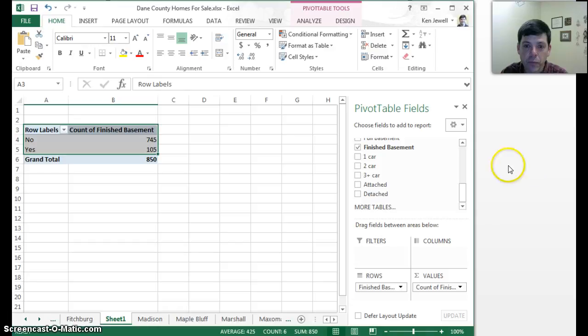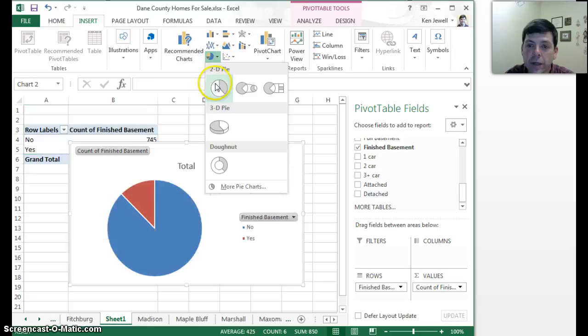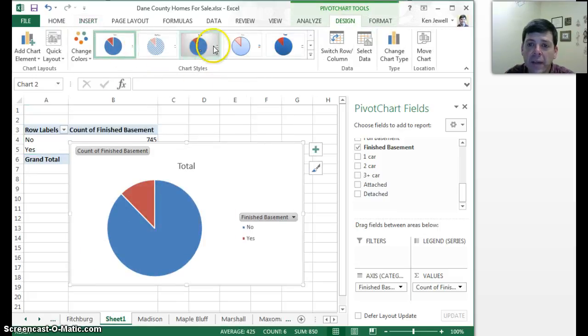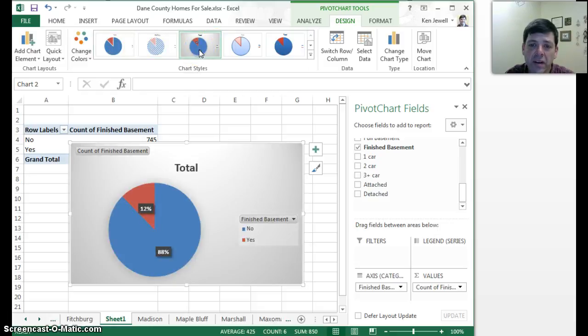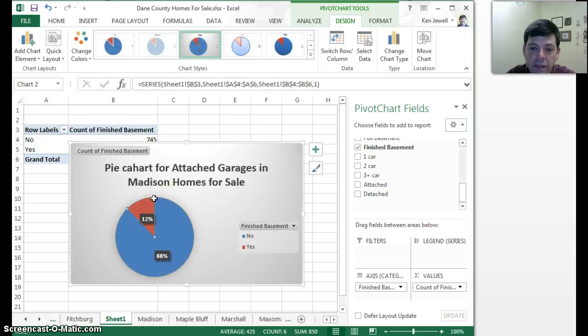If we want to instead do a pie chart, you would choose a pie chart, and there are lots of different options as to how you want to set one up. This one's pretty straightforward. And then you've got all sorts of options if you want to have the numbers on there, and then you can edit it the same way, saying this is a pie chart for attached garages in Madison homes for sale. And there you go, and then you can size things however you like